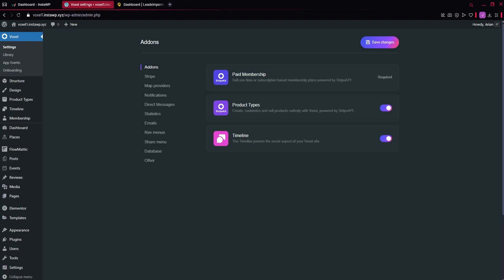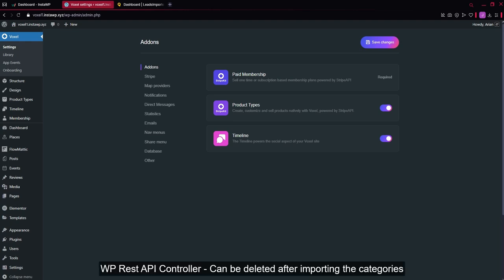So we are going to need four tools, plugins or themes. One is the Voxel theme, of course, that uses the Elementor plugin. The second one is the Flowmattic plugin. The third one is the Leads Importer tool. And finally, for exposing the endpoints from Voxel, we are also going to use a plugin called WP REST API